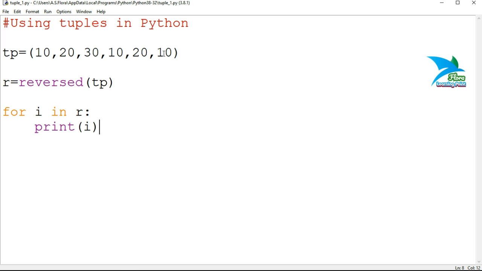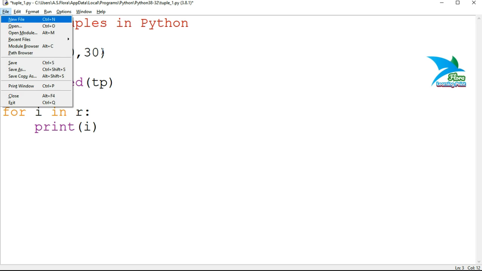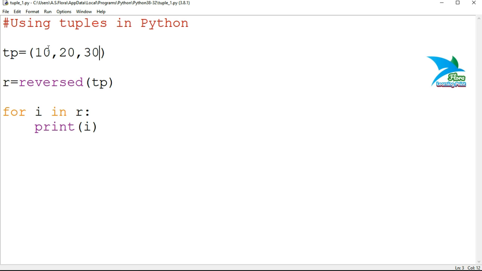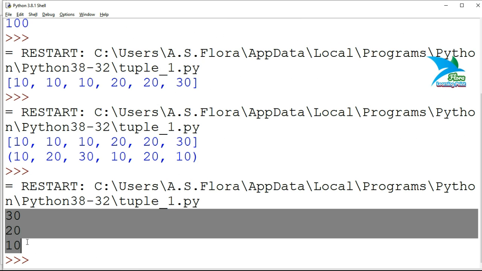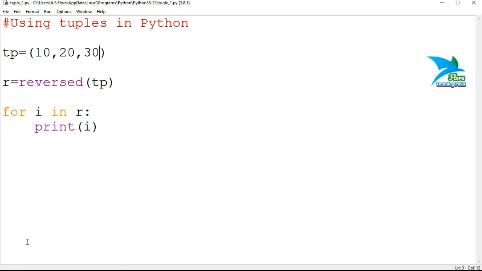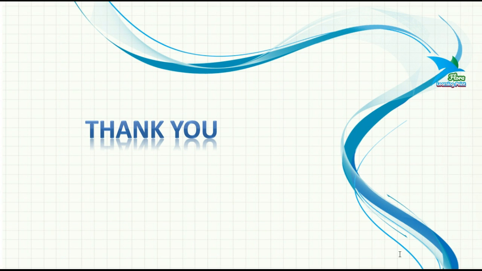Then just print the elements. Presently we have three elements inside the tuple, that is 10, 20 and 30, and the reverse order will be 30, 20 and 10. So let's check. Here we have the reversed order of the elements stored inside the tuple. In this way you will be able to reverse the elements of a tuple.